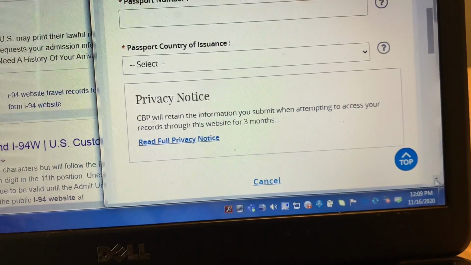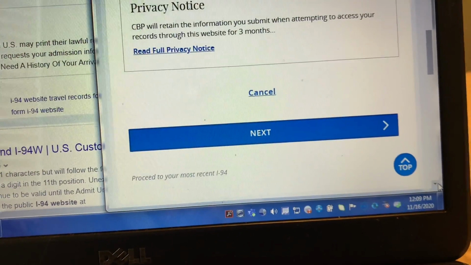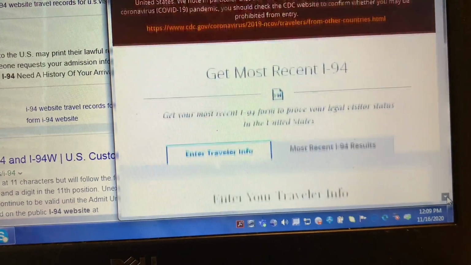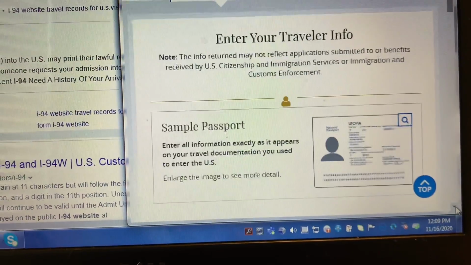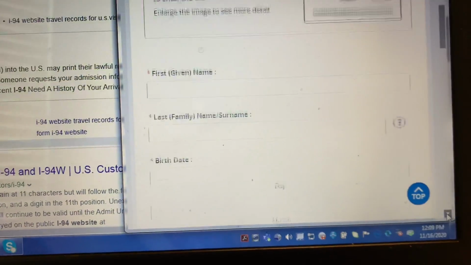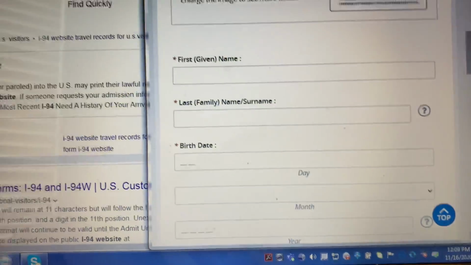Then just go to the word next. I will type our name in here and show you the result later. I will not show you the info that we have.